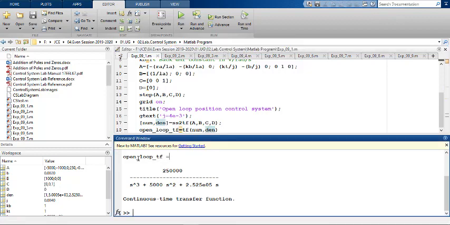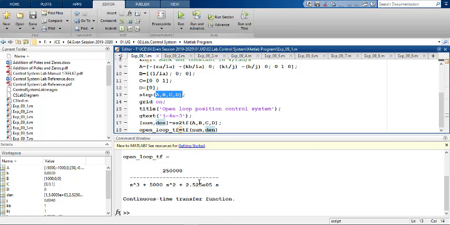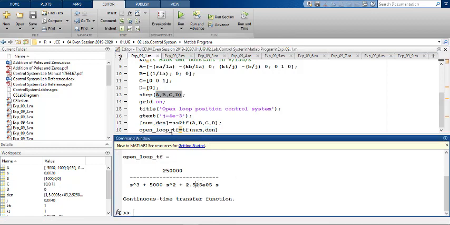You can see the open loop transfer function is nothing but this. This becomes your open loop transfer function. So if you have an ABCD parameter, you can convert it to an open loop transfer function with this code. Okay. So this is the end of the first experiment. We'll go to the next experiment.